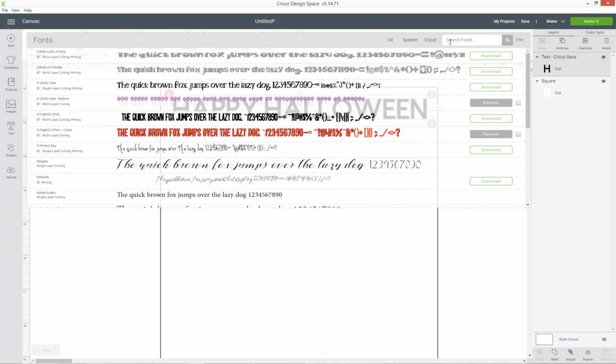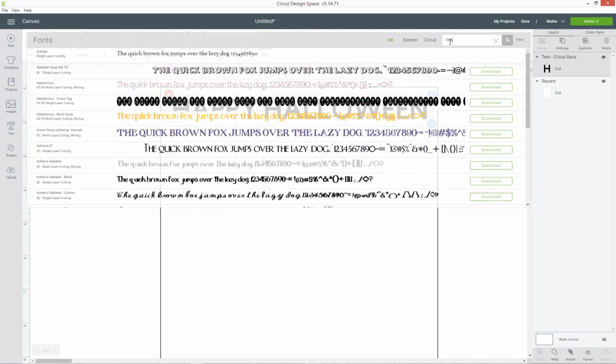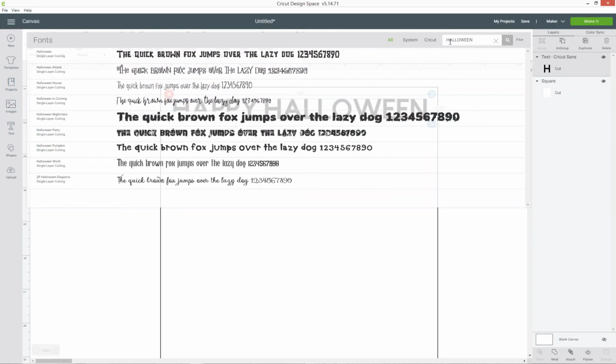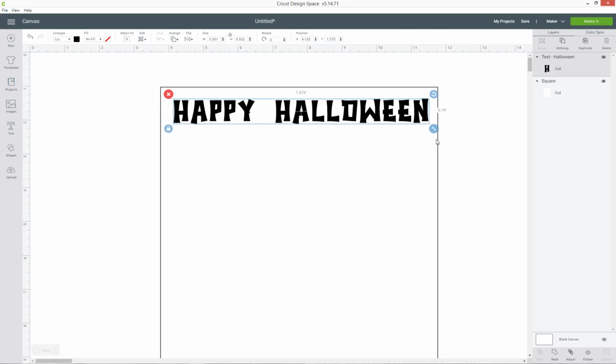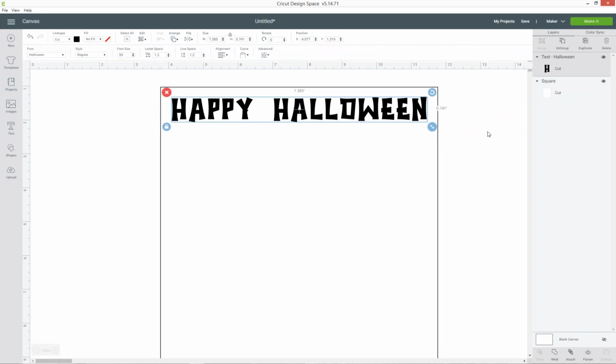So one of the ones I installed was called just Halloween, all on its own. So let's have a little look. Halloween. So this is pulling up quite a lot of my Halloween fonts. Most of them had the name Halloween in them. So these are all the ones that I have just installed. So now I can have a little look through and choose which one I want to use first. So I'll just use that one called Halloween. And you can see that one's a bit smaller, so I can click and drag it to make it big.